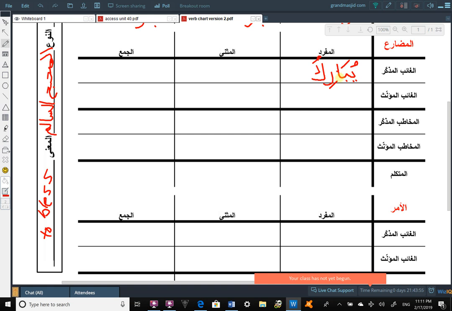Yubariku. If we were dealing with the second form, if we remember, it was yubariku. Right? Here, the vowels are still the same. Still a kasra on the second radical. Right? Everything is the same, except instead of having a shadda on the second, we put an alif after the first. Yubariku. We want to make it dual. We add the alif for two, the alif al-ithnain, and the noon for marfu. Yubarikan.